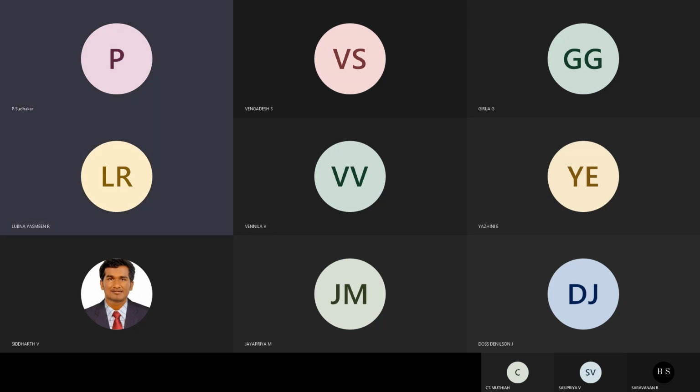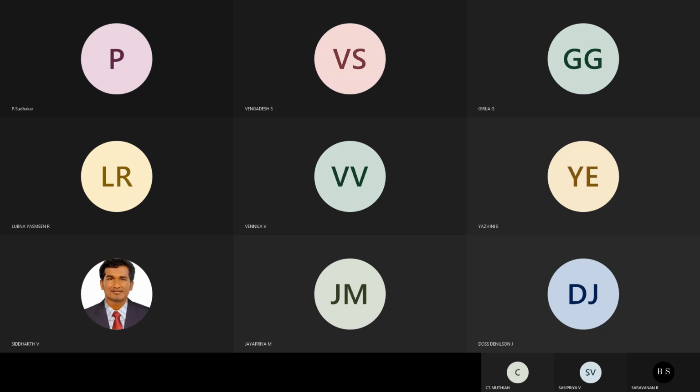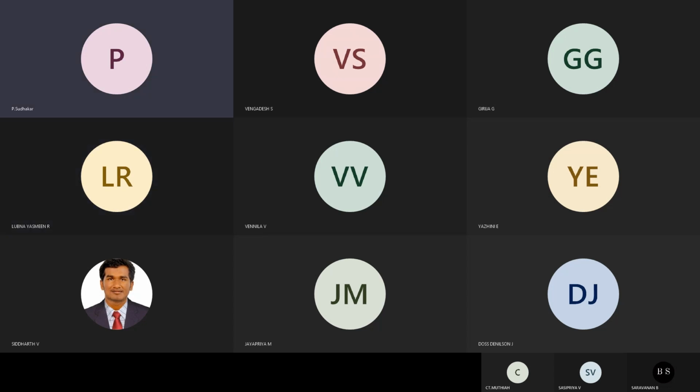Okay sir, but if the given data is not there, do we assume it ourselves? If it is not given, you can assume around 3 to 4. That is with respect to location.